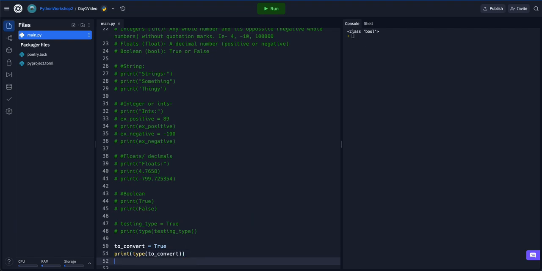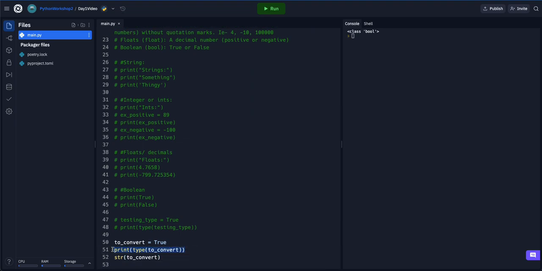And now what we can do is we make the string function, so we write str, and with absolutely no space, we put parentheses next to it. And then we copy and paste the variable we want to make a string. Then we can print the type of string to convert, and